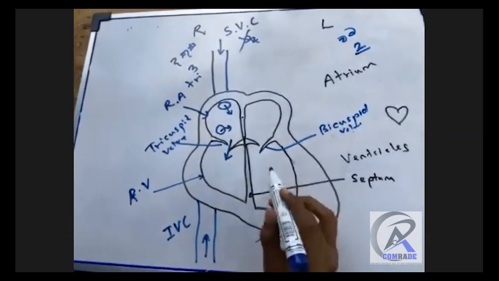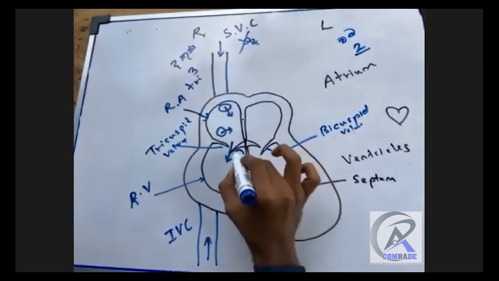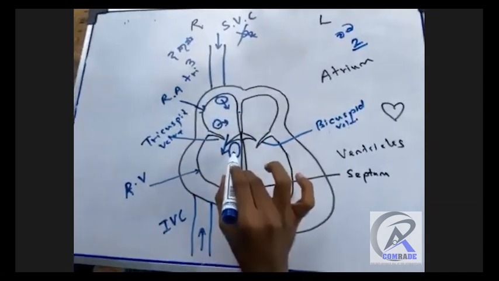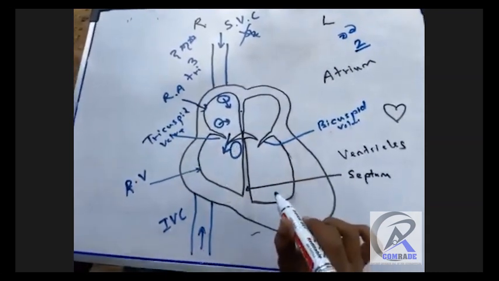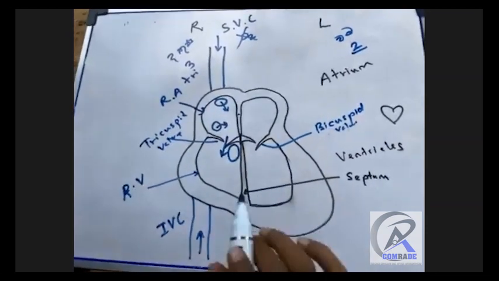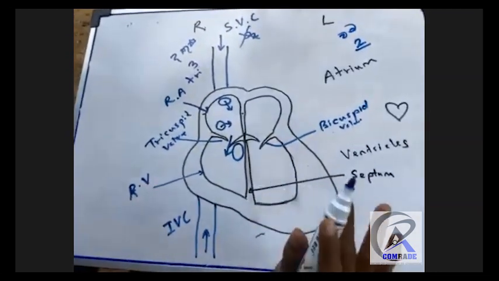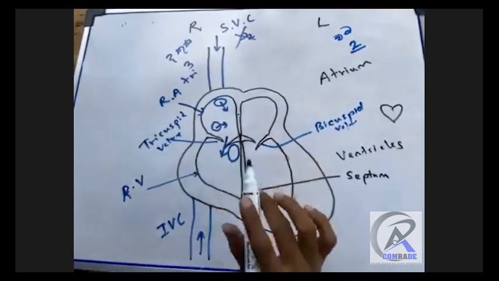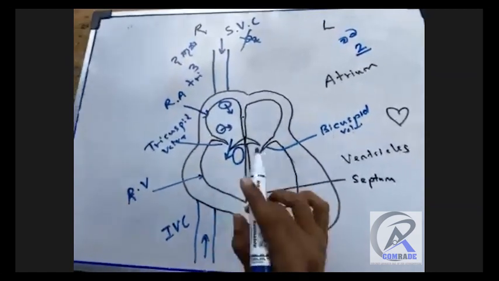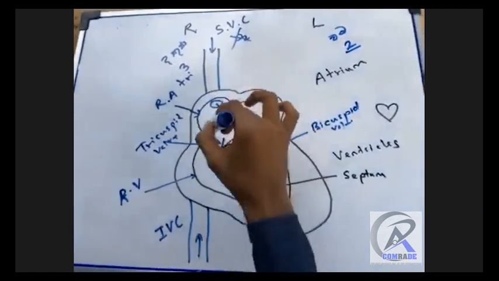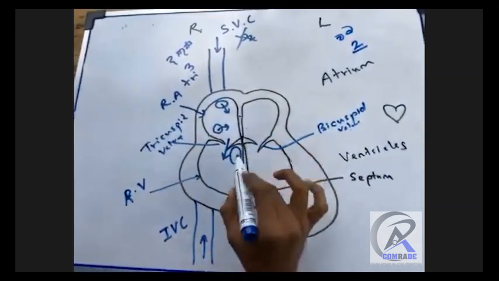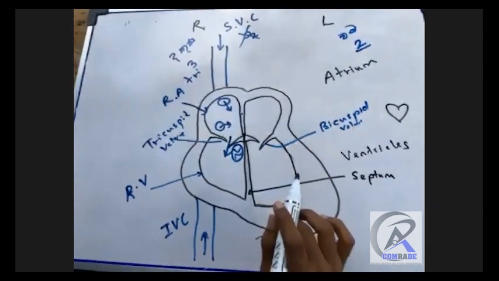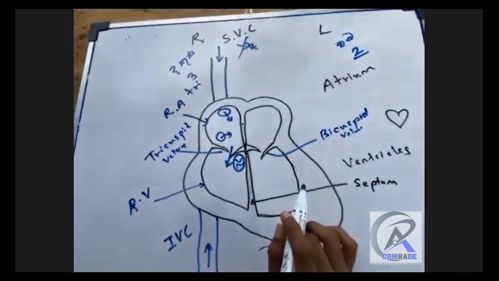No way, no? Okay, so now I'm drawing this part. There's a structure here that is called the pulmonary valve or pulmonary artery. You can write this: the only artery in the human body which consists of deoxygenated blood, it means used blood. This pulmonary artery has a valve known as the semilunar valve, or we call it the pulmonary valve.